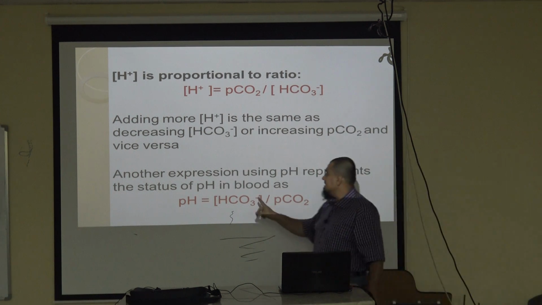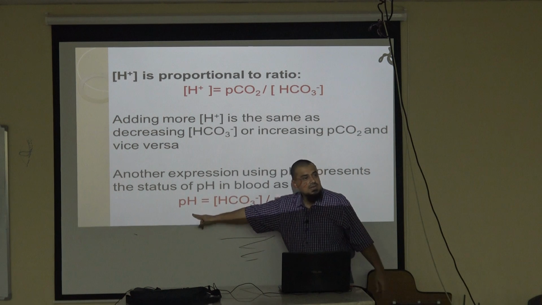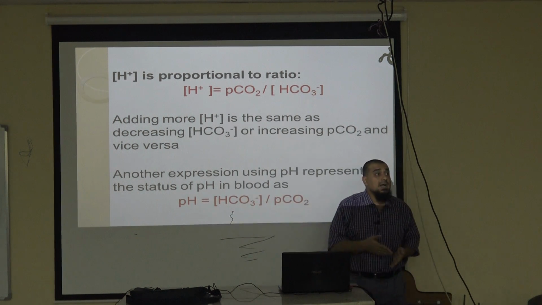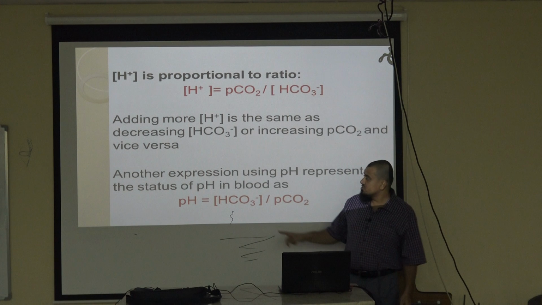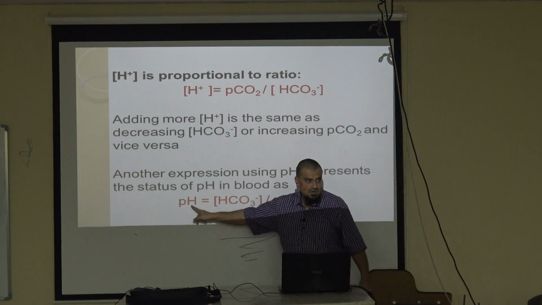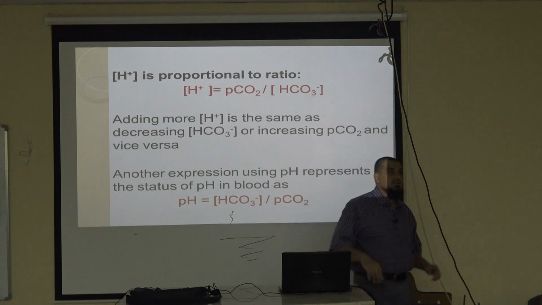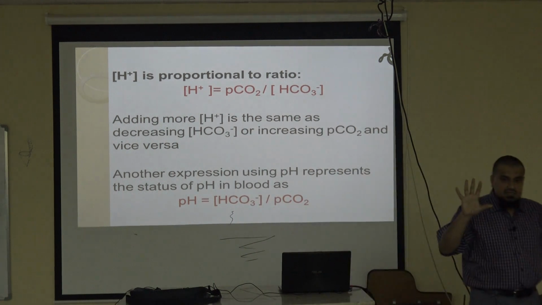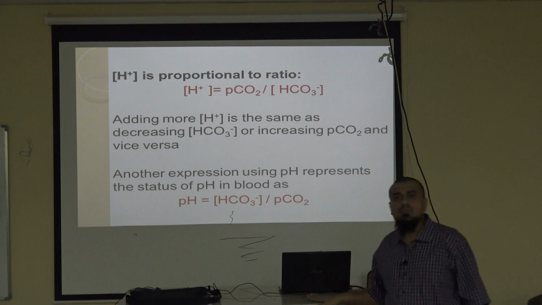Inverse relation. Whenever the carbon dioxide increases, hydrogen will increase and the pH will decrease. Similarly, whenever the bicarbonate increases, the hydrogen will decrease and the pH will increase. So this has a direct relationship with the pH, and the carbon dioxide has an inverse. But the concept is the same, only the values differ. Clear? So please remember now,